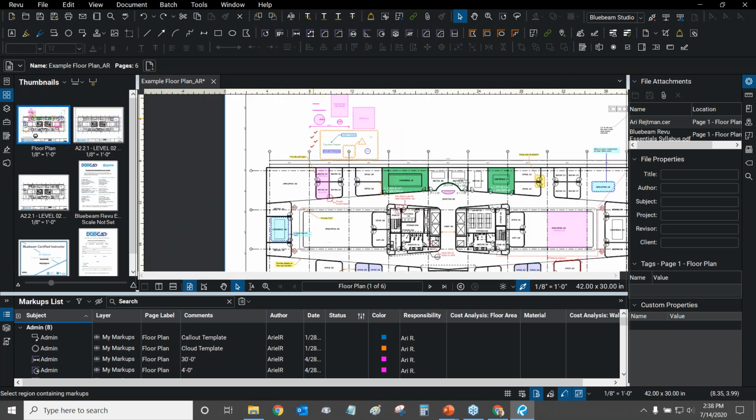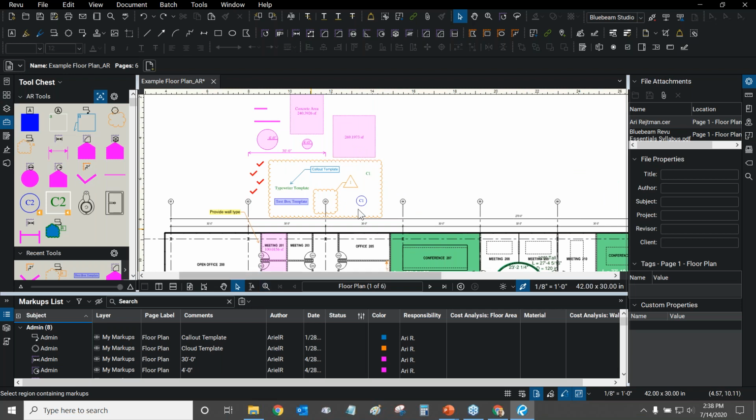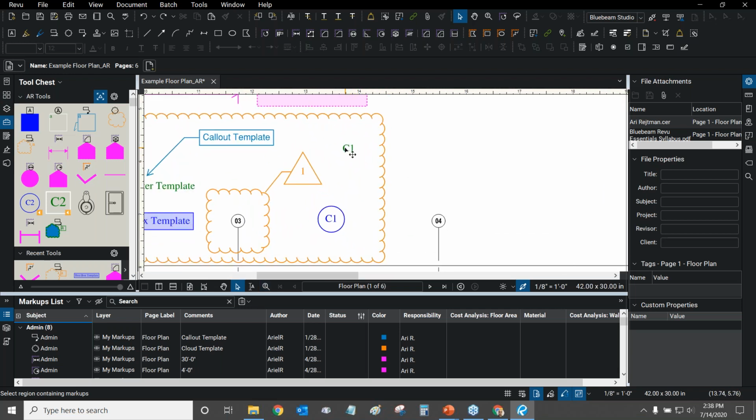So let's go back to the first sheet. And this is a great excuse to look at sequences. Let me show you guys how these work. I'm going to go back to my tool chest. I'm actually glad that I made that mistake. We're all learning something today, right, guys?